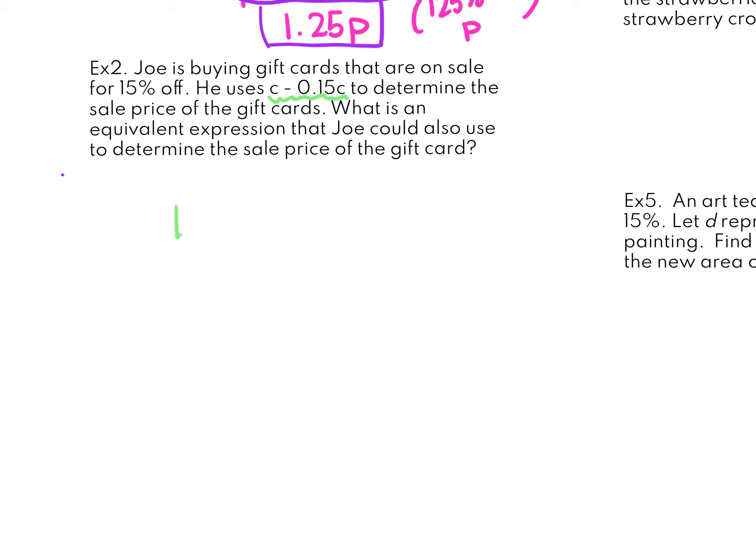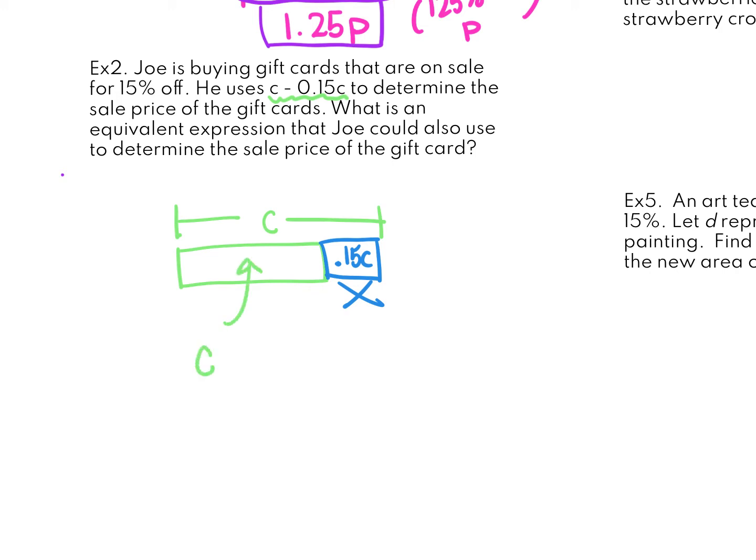If we take c, which is the original price of the gift card, he is going to take away this 15%. He's going to take this off. That's going to be gone. So what's left here? What's left is c minus